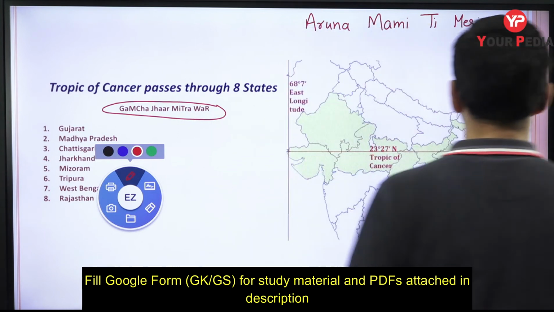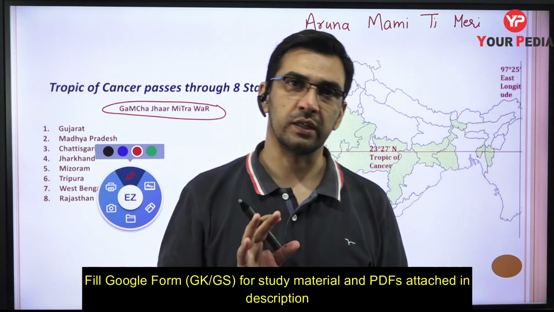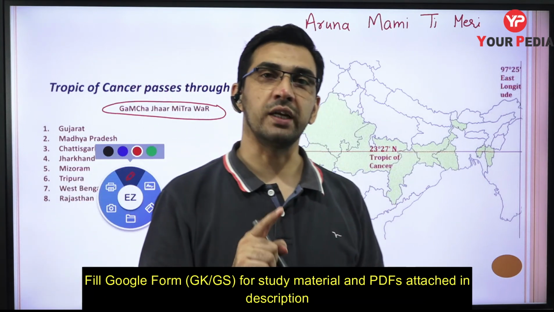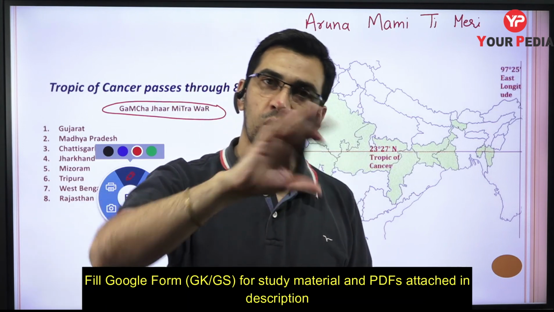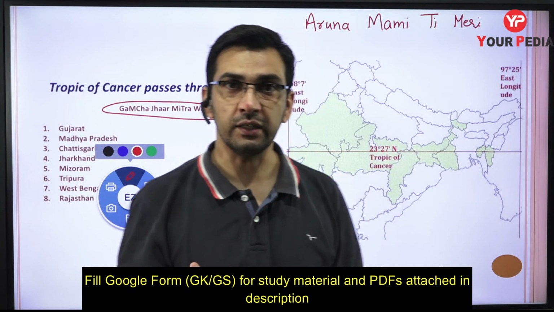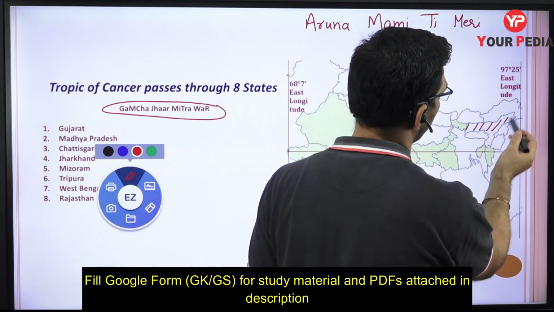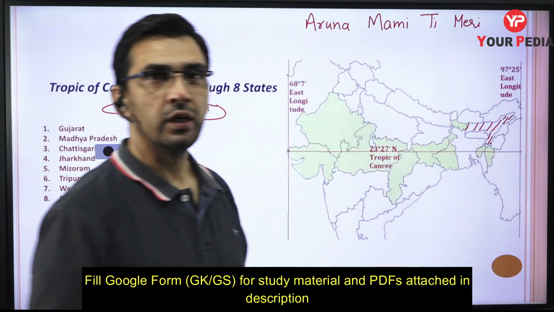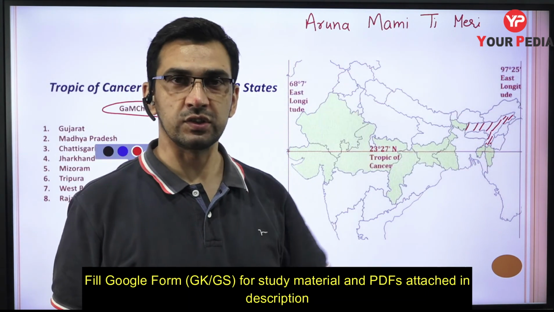So as you know, how many northeastern states are there? We say seven sister states, a total of seven. And there is one state out of these seven which shares its border with all the other states. Which state is that? Assam. This state that you are having over here, we call it Assam. This state shares a boundary with all the other six states.